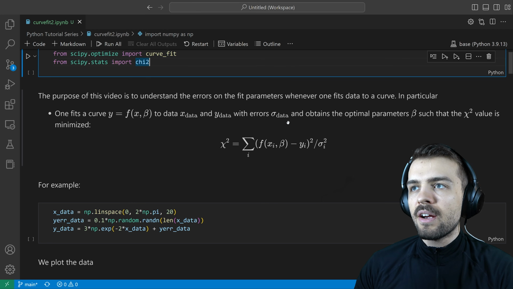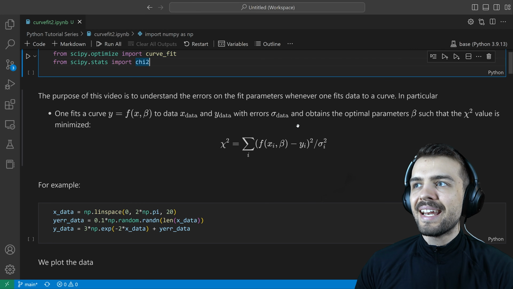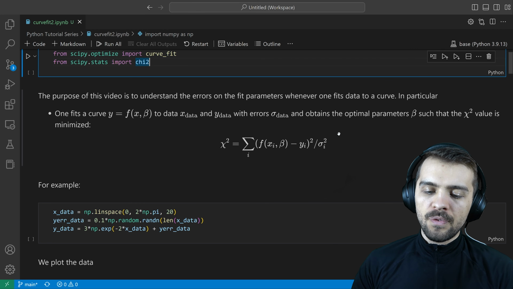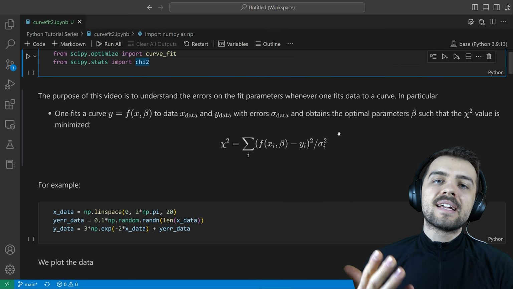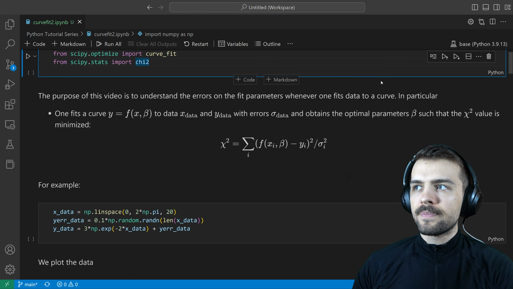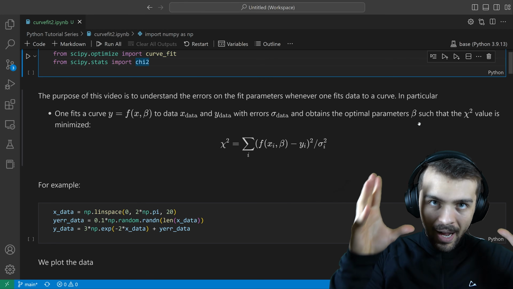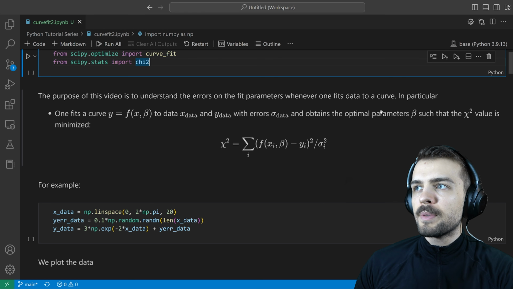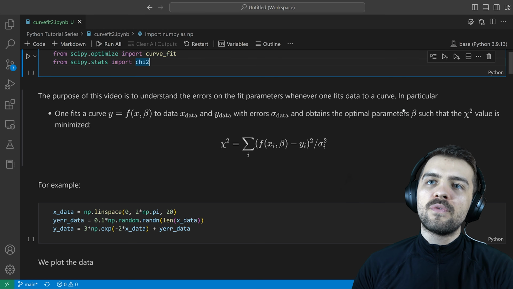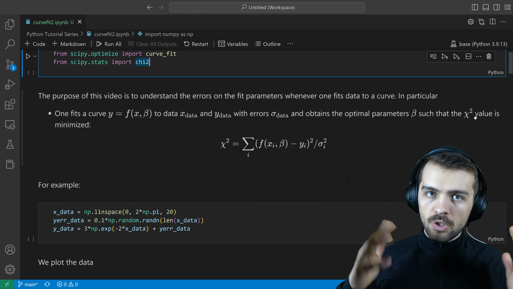The data also have errors, which I'm going to call sigma data. And the idea of the curve fit function is you define your function f, maybe f is equal to beta times x squared. So beta is just one parameter. Then you have an idea of what this function f looks like. Then what you do is you find your optimal parameters beta using a curve fit function, such that the so-called